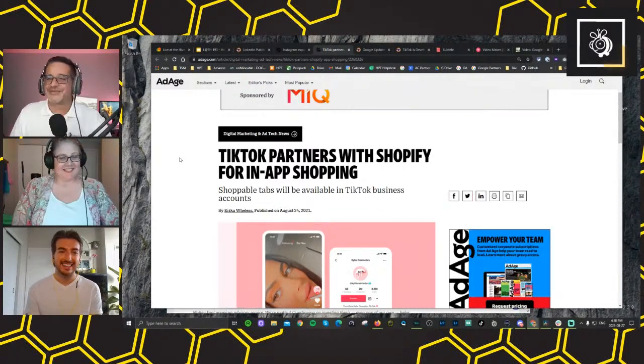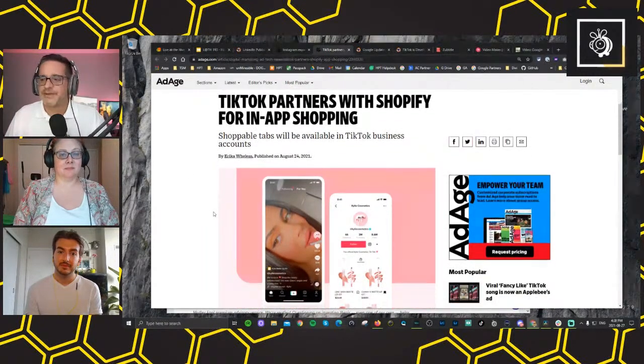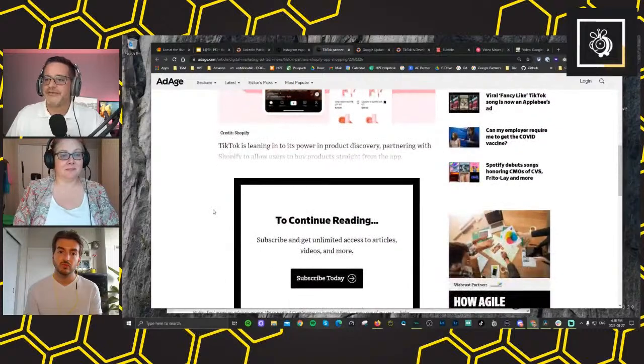All right, TikTok. This one's a good one. TikTok is partnering with Shopify for in-app shopping. Shoppable tabs will be available in the TikTok business account. I love it. One of the things I love about this,